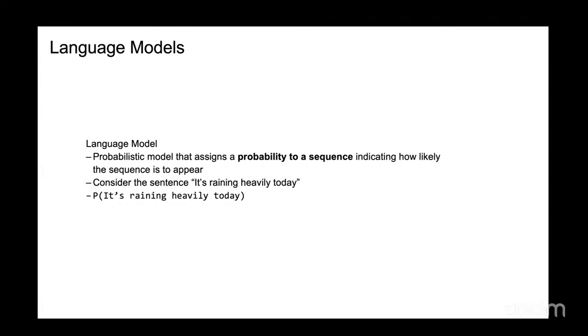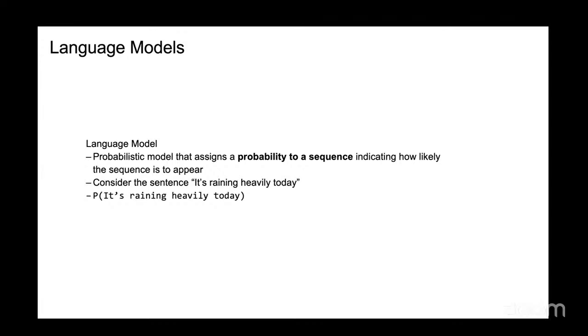So I want to see how probable this sentence is. That's what the model tells me. Whenever I give a sentence, it tells me how probable the sentence is. A sentence which is grammatically correct and semantically correct will have a higher probability as opposed to a sentence which is erroneous. So that's the whole idea of a language model.